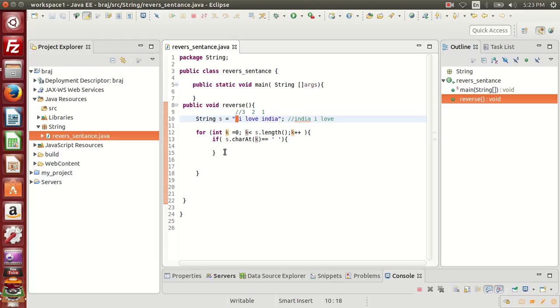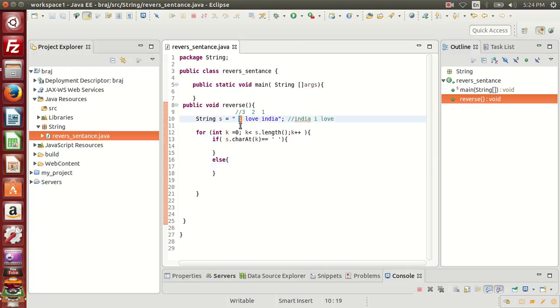Here it's not, so it will increment by 1. Then k will be 2, and again it checks, is that blank? No, so it will come to else.